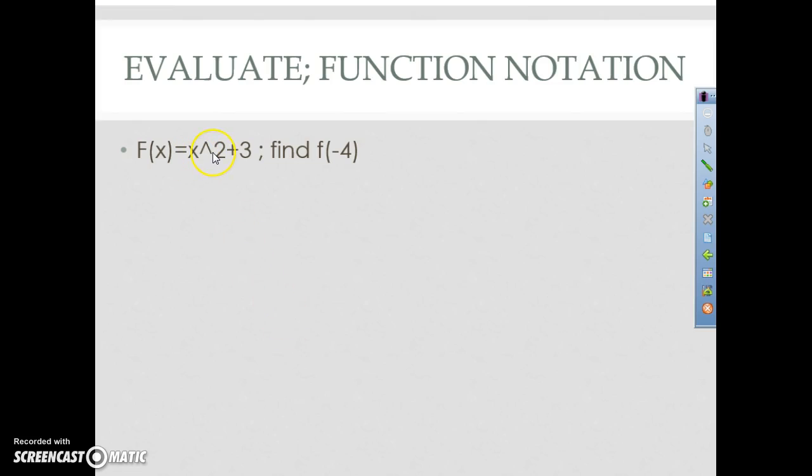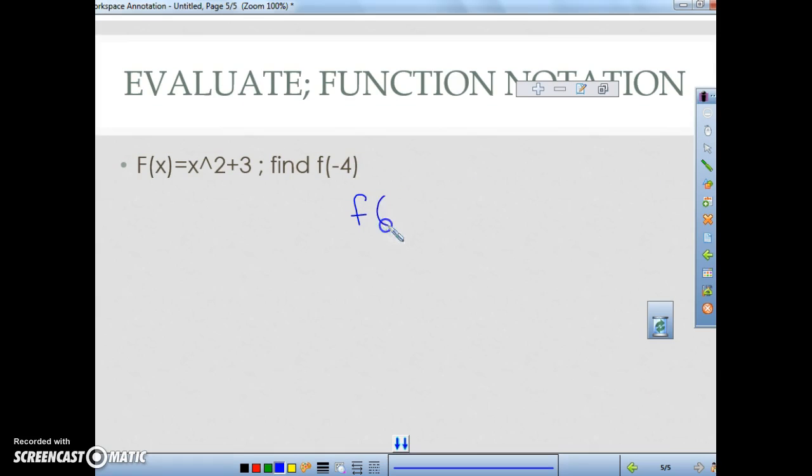This should say x squared. Okay? Let me rewrite it real fast. f of x equals x squared plus 3. All this means is that you're going to substitute -4 in for every x that you see. This does not mean f times -4. It means f